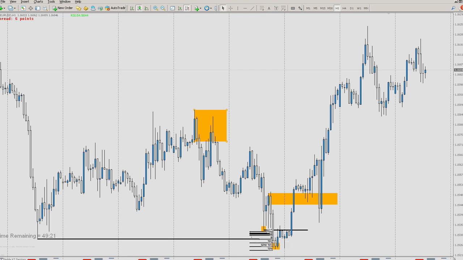Once the breaker is broken, it's an order block until it's broken. So if price is down here, then it's an order block. Once it's broken, the breaker, it becomes a breaker. Then when price returns,